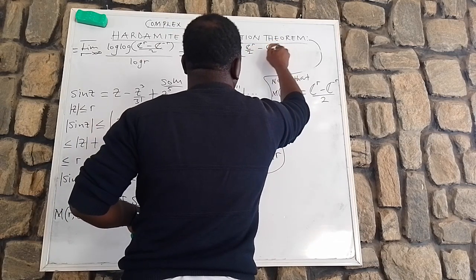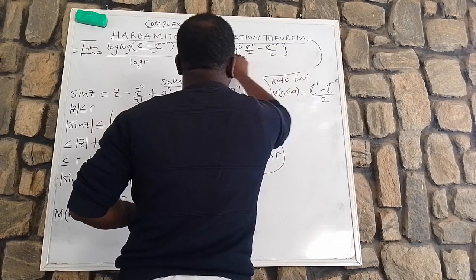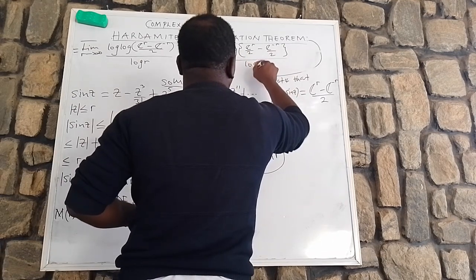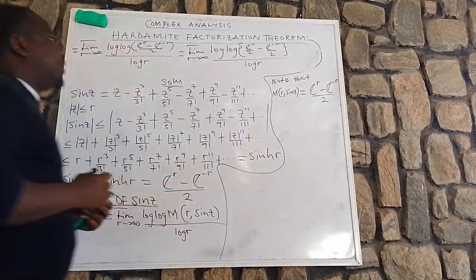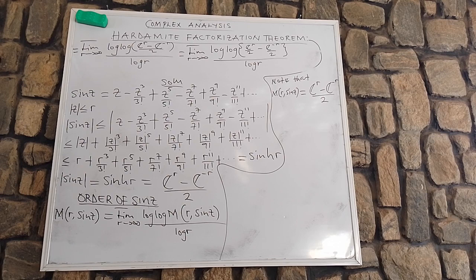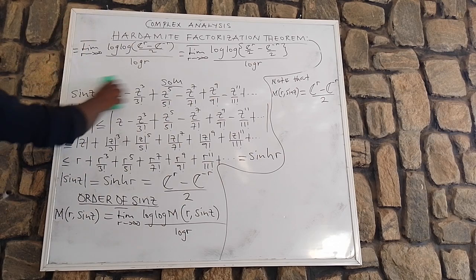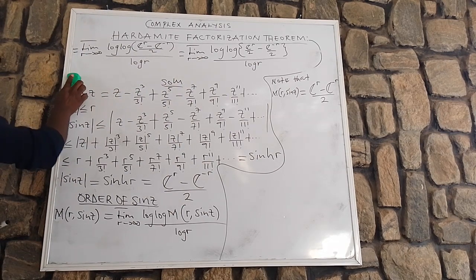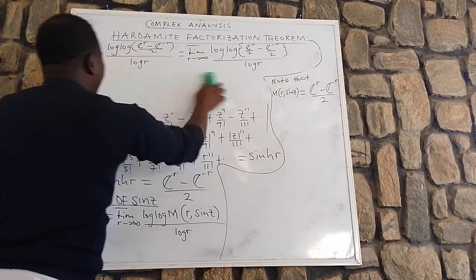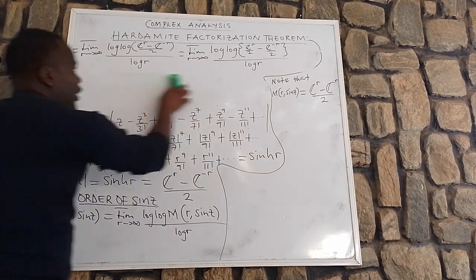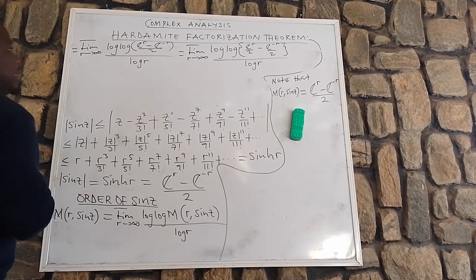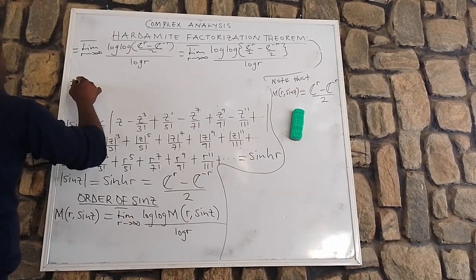We do not commit any crime. True or false? All over log R, true or false? Okay, can I clean this? Okay, so if you agree with me, this implies that this is the same thing as